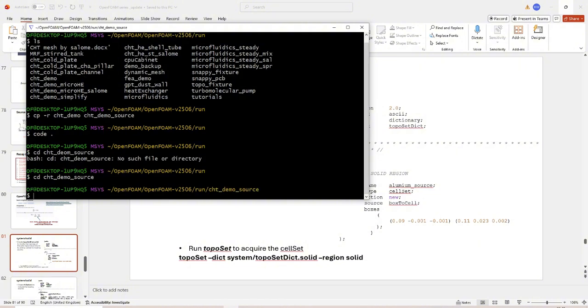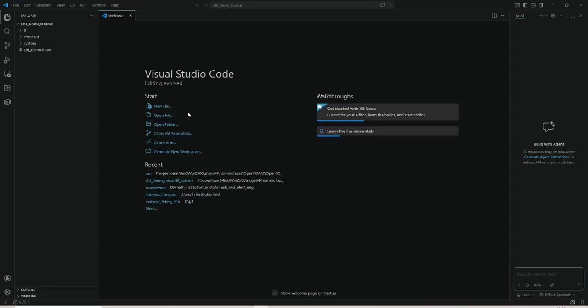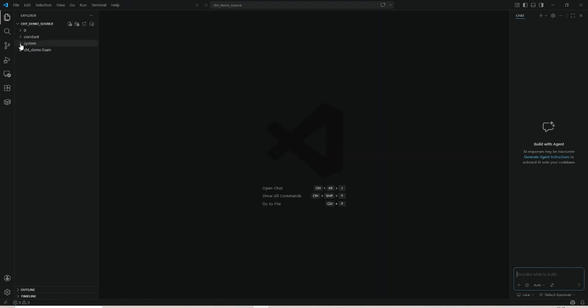That's the folder. If I use code dot, of course you can use other txt files to do this. And I will just go to the system and do some definition here by adding a file called